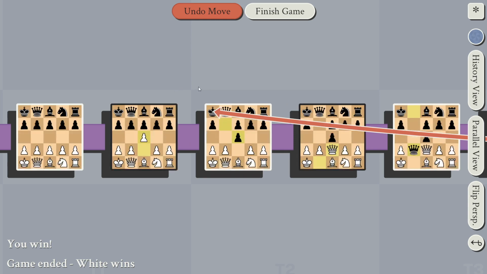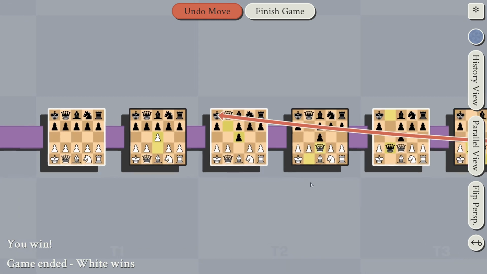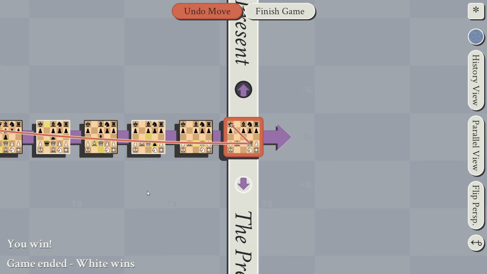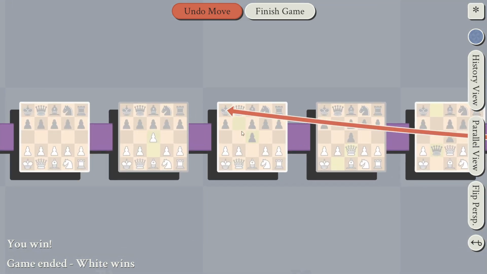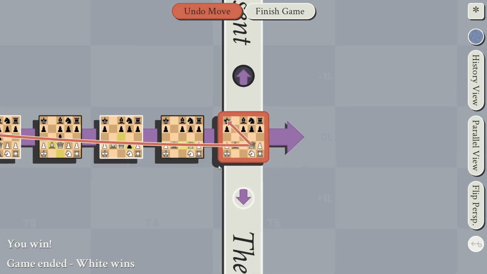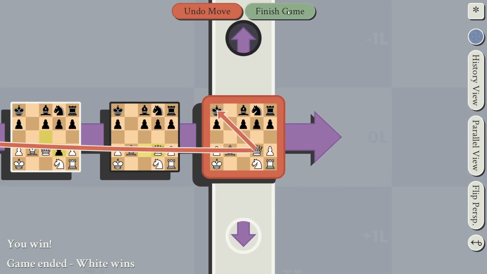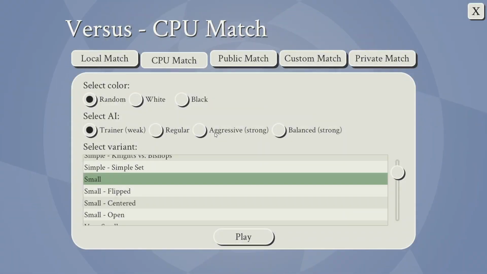This is a fixed point in time that cannot be changed anymore, which means that my queen can simply go back and this is a checkmate. You can't escape since you can't move this king anymore. Okay, nice. That was a lot quicker than I expected.